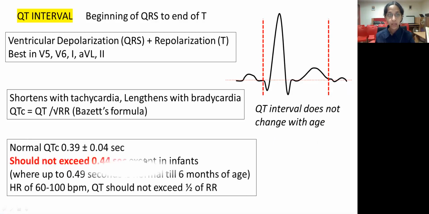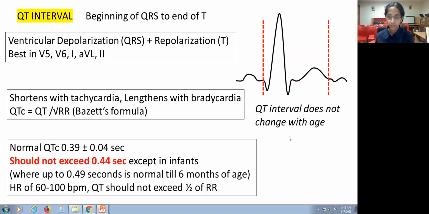And the normal QT corrected is usually in the range of 0.35 seconds to 0.43 seconds. And it should not generally exceed 0.44 seconds, except in infants you could see a corrected QT of up to 0.46 or 0.47. Now,